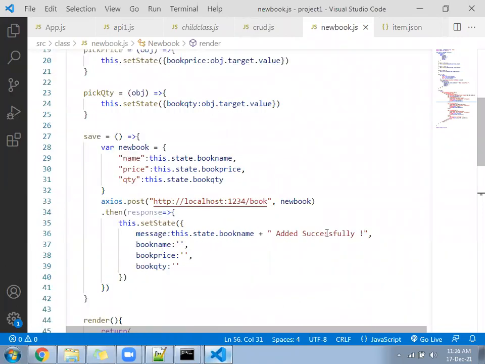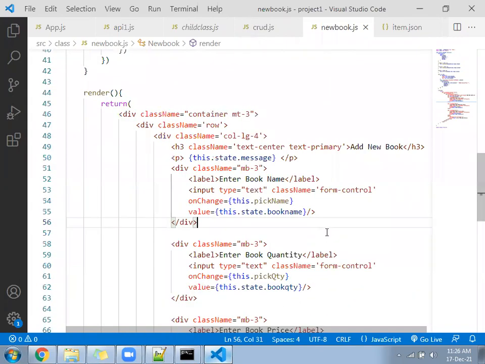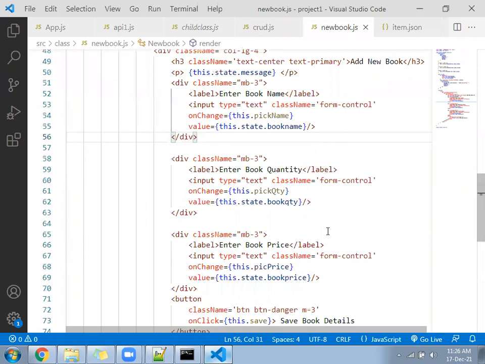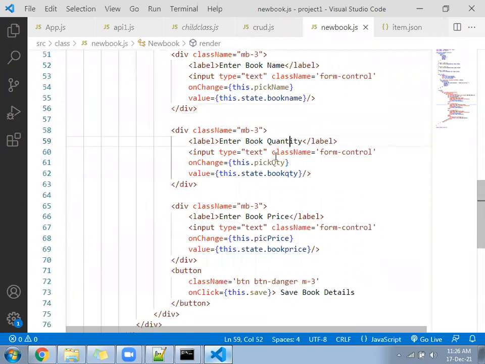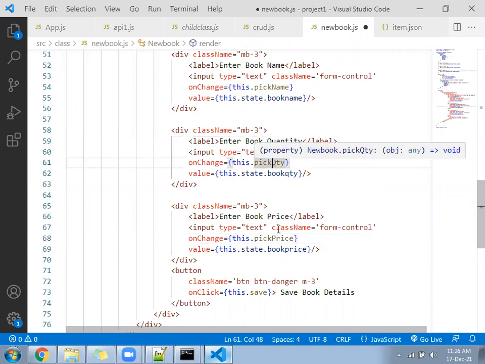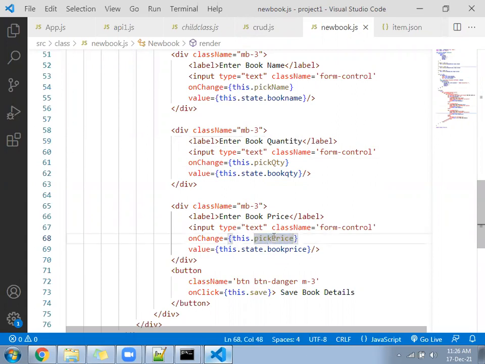Book QTY is okay. In the book price, pickPrice, the K was missing in pick. Please change that, then you can try.